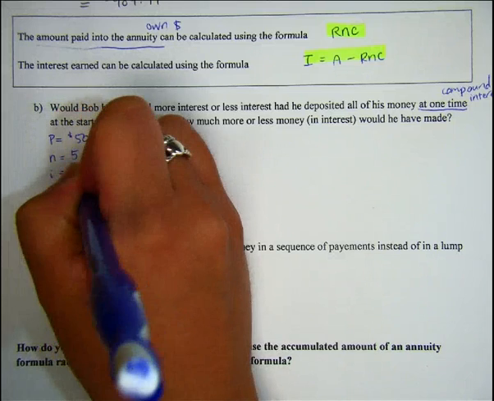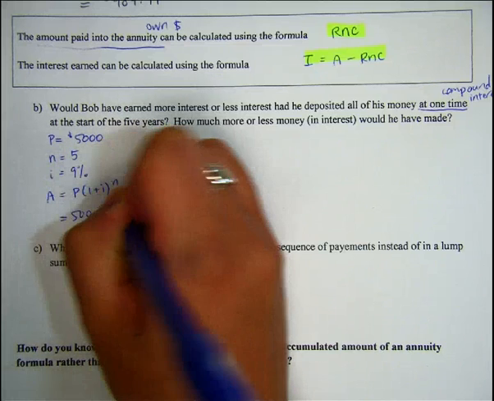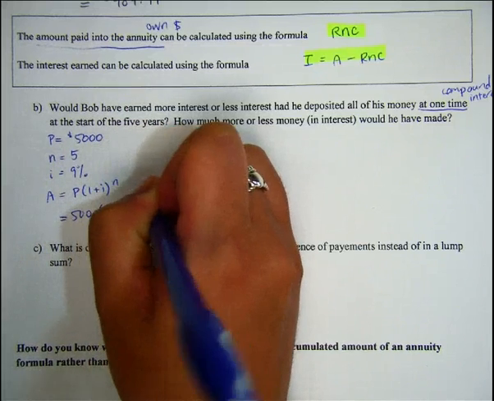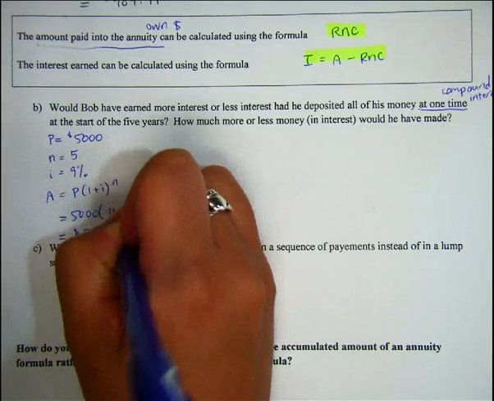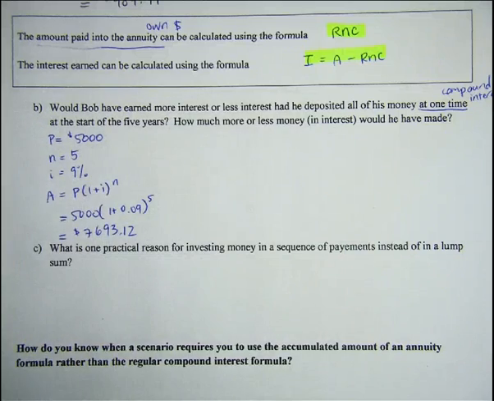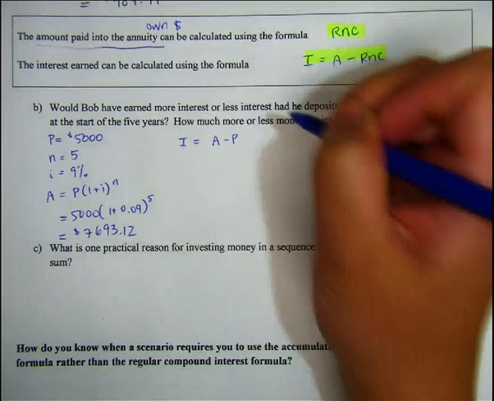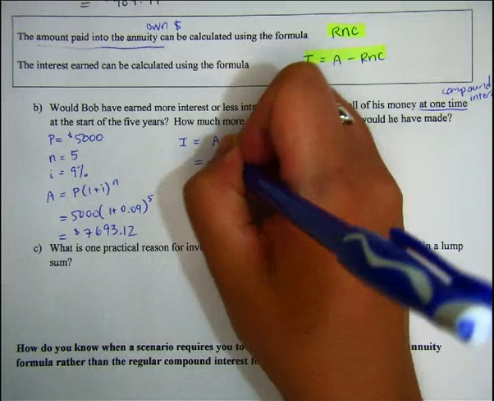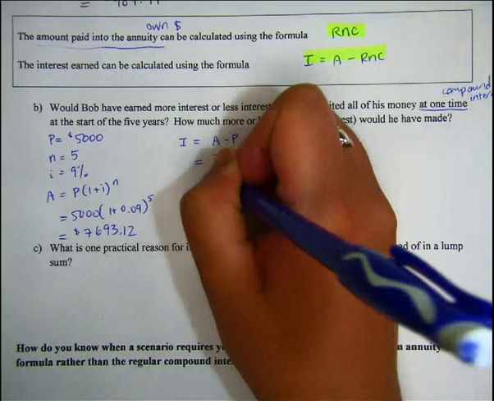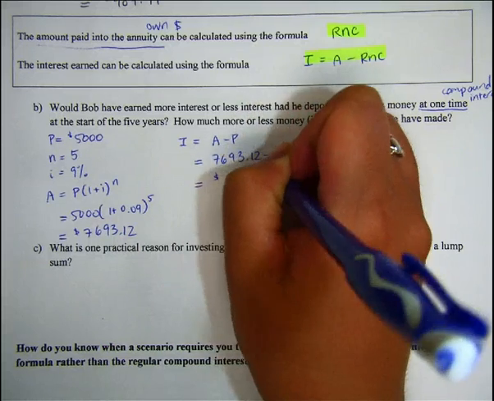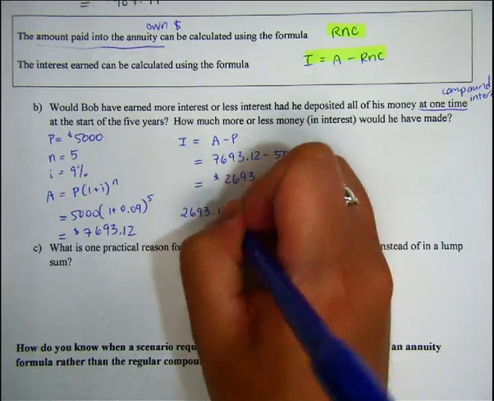So A equals P times (1 plus i) to the exponent n. It's 5,000 times (1 plus 0.09) to the power of 5. And you should get $7,693.12. So as you can see, he would have earned a lot more interest if we take I equals A minus P, $7,693.12 minus $5,000. So he would have earned $2,693.12,